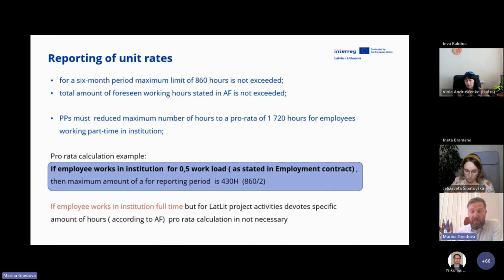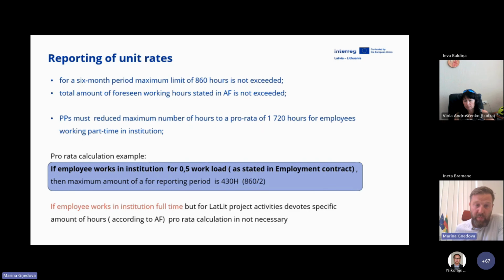There was a question regarding this, so it could be tricky. So from our perspective, you could overreach hours which are planned in one reporting period on the basis of saving from another, but still those restrictions are enforced. So you anyways cannot exceed 860 hours